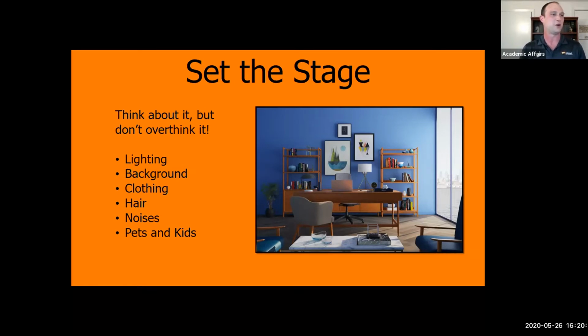You think about noises. That's not always going to be avoidable. But the funny thing that I think has happened in the last couple of weeks is we would kind of say, if a pet comes across your keyboard, it's not a big deal. If the cat comes up and jumps on your shoulder, you don't have to start over. You really don't.